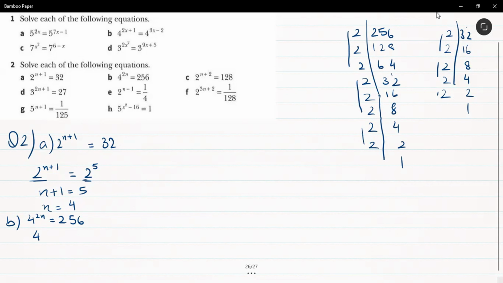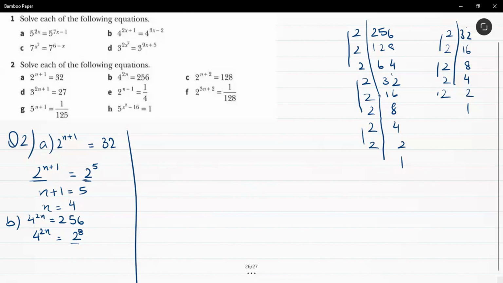So 4 to the power 2n is equal to, in fact, 2 to the power 8. Okay. Again, the index values are not actually the same. You could have divided by 4. If you have made a mistake like me, that I divided by 2, it's no big deal. You just simply say